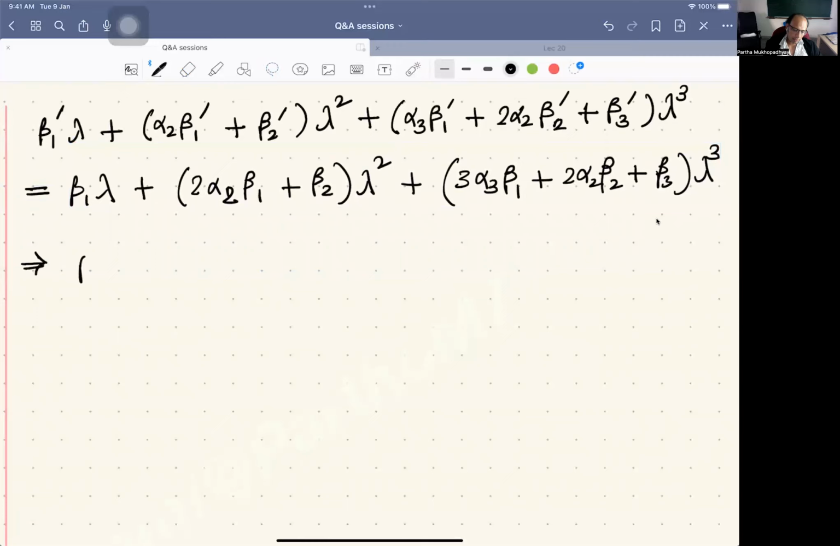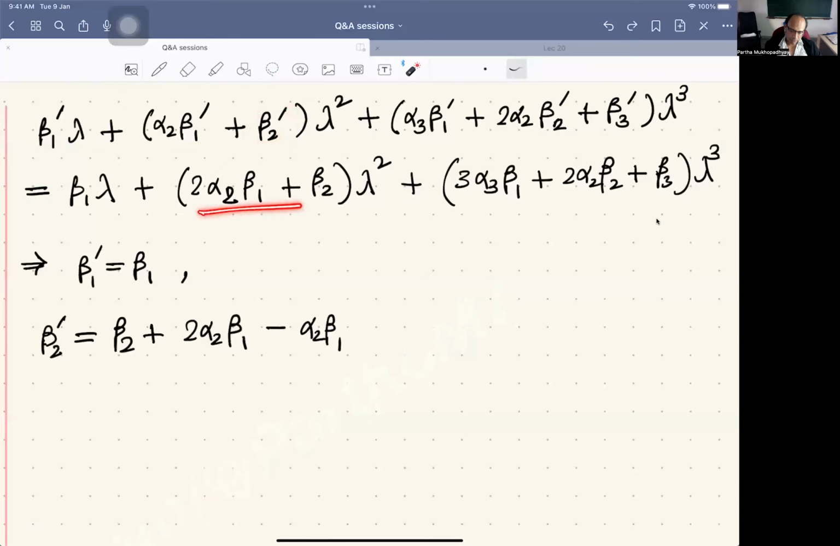So at a linear order, I have beta 1 prime is equal to beta 1. And then at the quadratic order, beta 2 prime is equal to beta 2 plus 2 alpha 2 beta 1 minus alpha 2 beta 1 prime, which is beta 1. So I have written beta 2 prime is equal to this expression, beta 2 plus 2 alpha 2 beta 1 minus this expression. So that is beta 2 plus alpha 2 beta 1. And then beta 3 prime would be